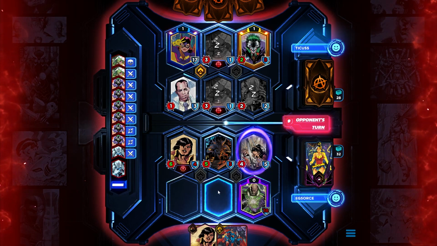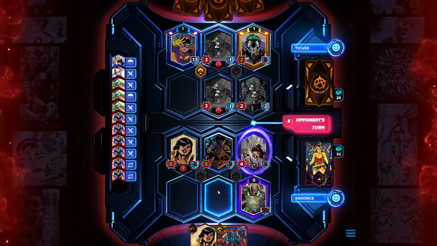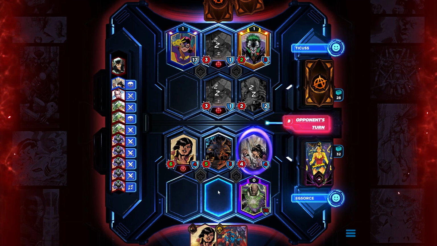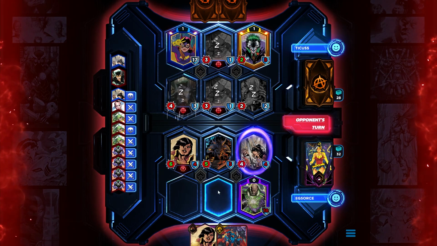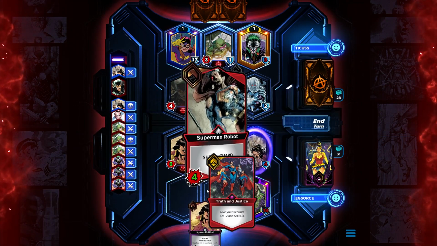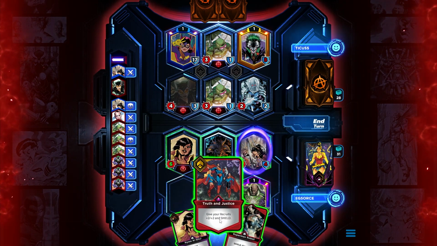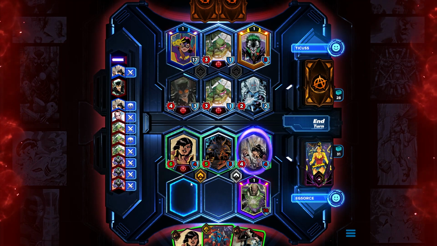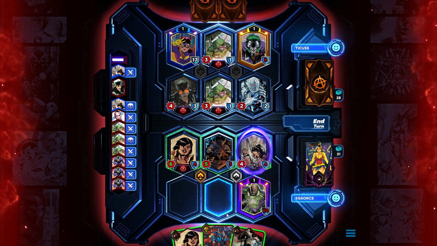Does he have anything to replace one of the cards? He ends up killing Silas. He does have a card to replace. It's going to be Catwoman. I don't have an answer for Catwoman this turn. There's a shield and a guard as a 4/3. I currently don't have space for it, but